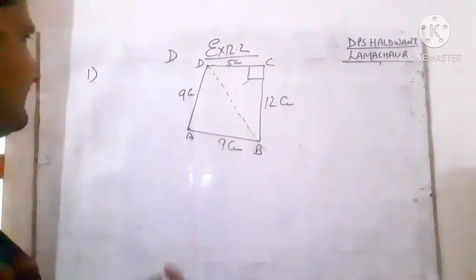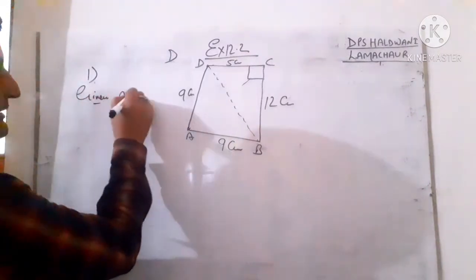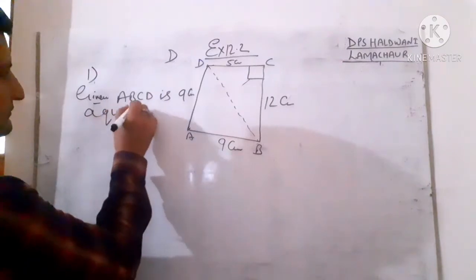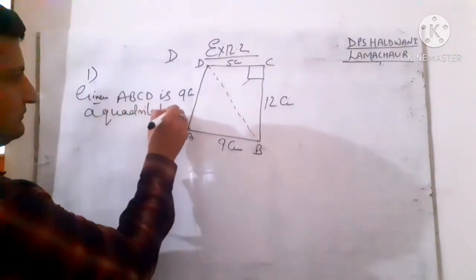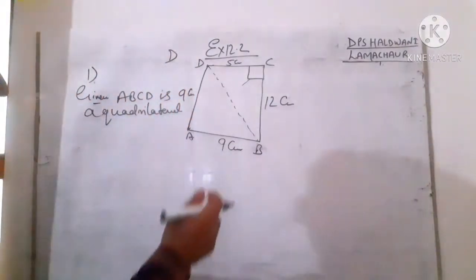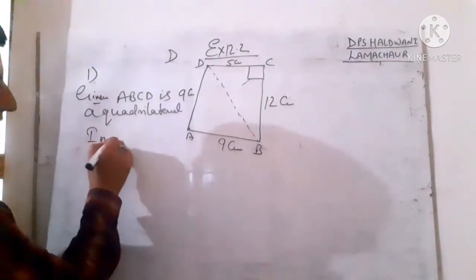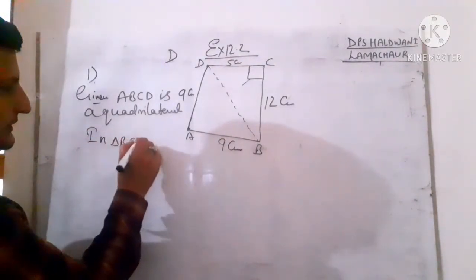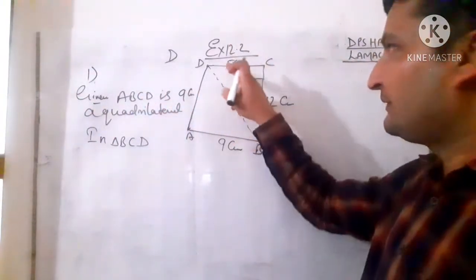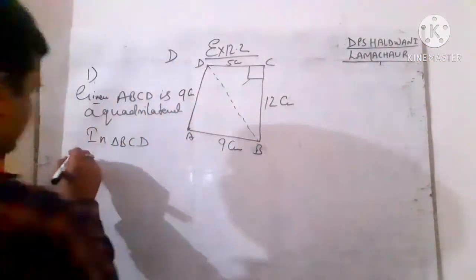So students, what we have to write first: given that ABCD is a quadrilateral. We have to find the area of this quadrilateral. So how can we find it? First, in triangle BCD, this is a right angle triangle. We can use the Pythagoras theorem. By Pythagoras theorem, we can write